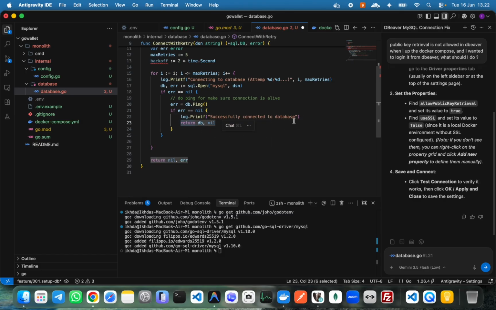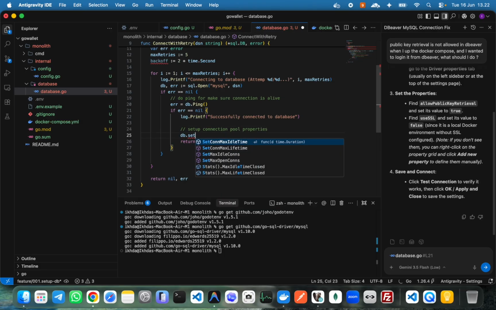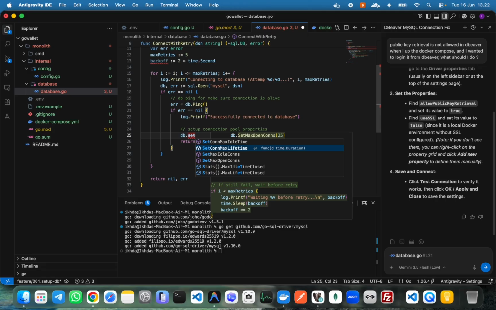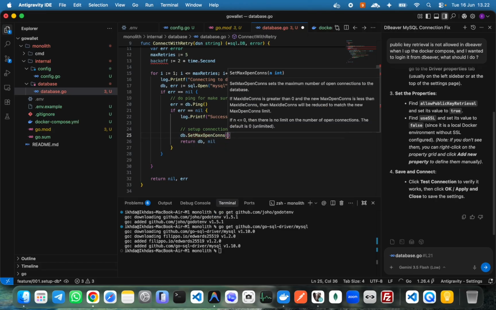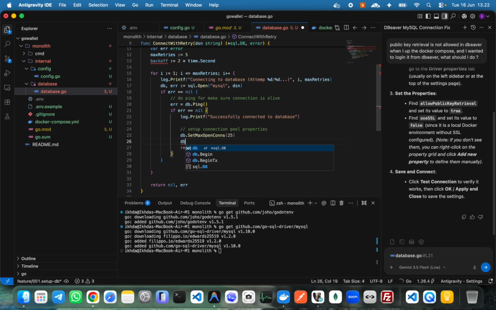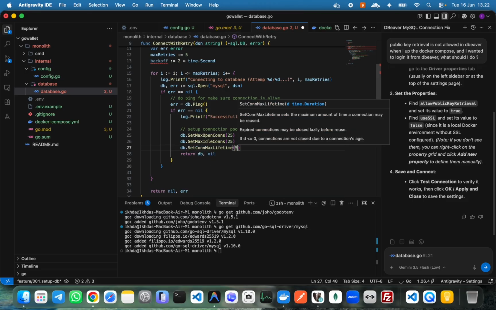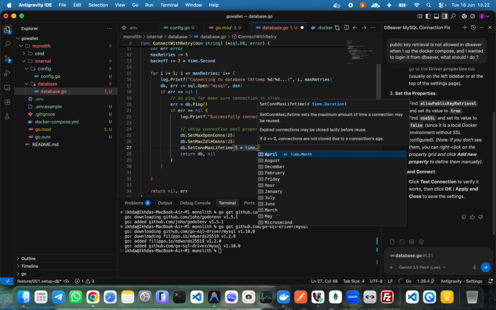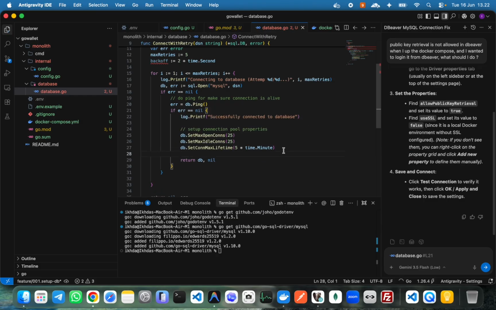Return db and nil, but we need to set up connection pool properties. This is db.SetMaxOpenConns, which means 25. Set max idle connections also 25. db.SetConnMaxLifetime 5 times the minutes. Okay,